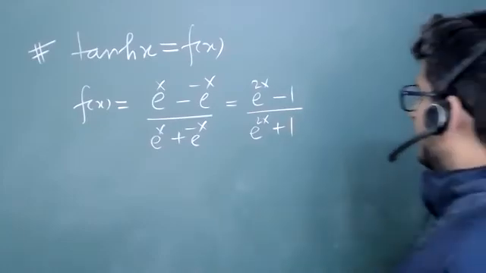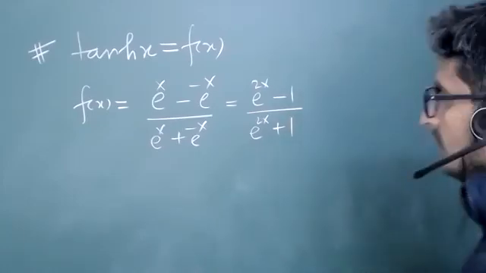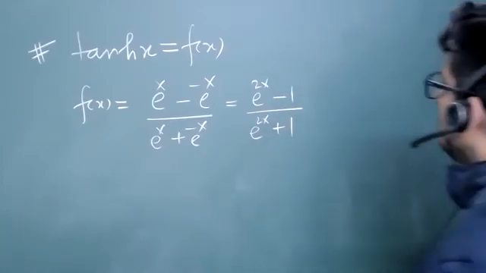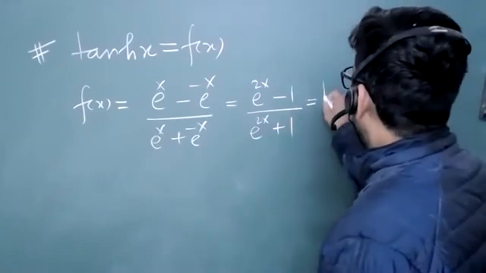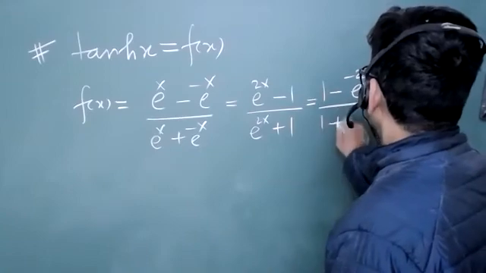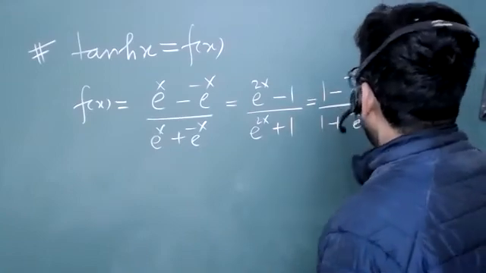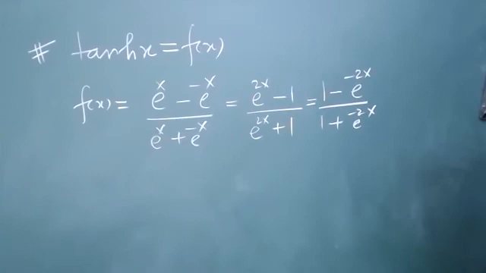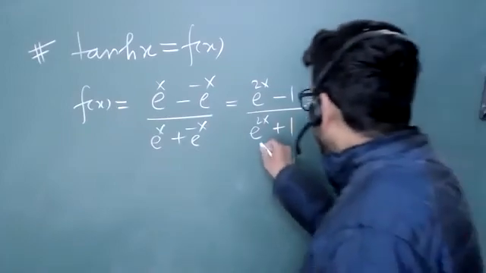इसमें देखो ध्यान से अगर, तो what I can do is I can write it like (1 minus e to the power minus 2x) over (1 plus e to the power minus 2x). Can I write it like this? Yes sir. Everybody? Yes, sir. So now if I will plot it